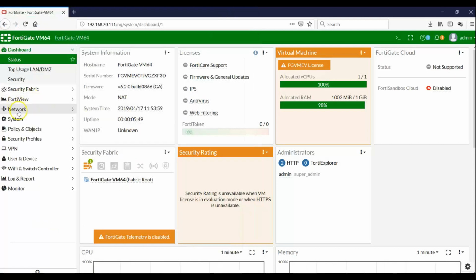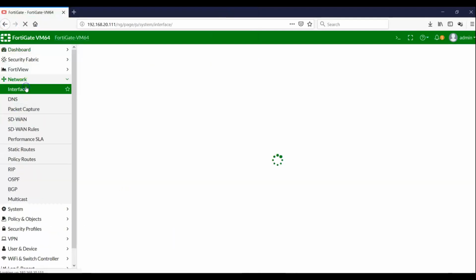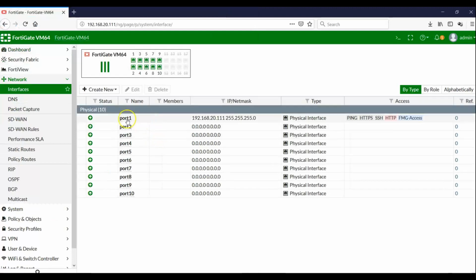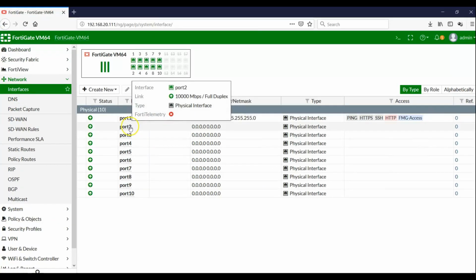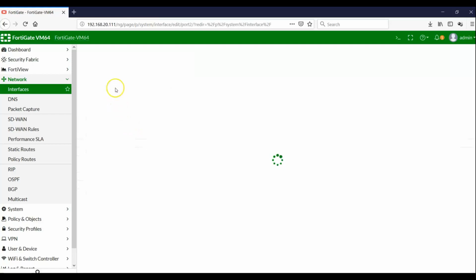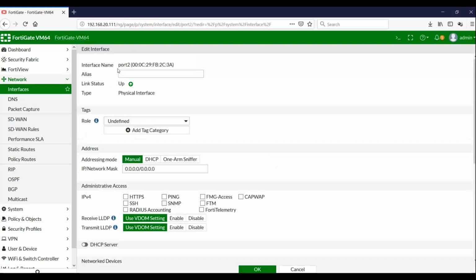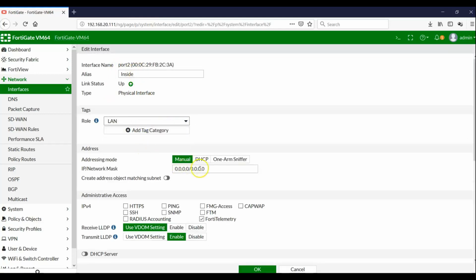I'm going to click on network, from network to interfaces. And here I'll click on my port 2. Port 2 is going to be the inside interface. I'm going to label it inside. I'm going to assign it the role of LAN. I'm going to put the IP address 10.10.10.1/24. I'm going to enable ping. This is administrative access,